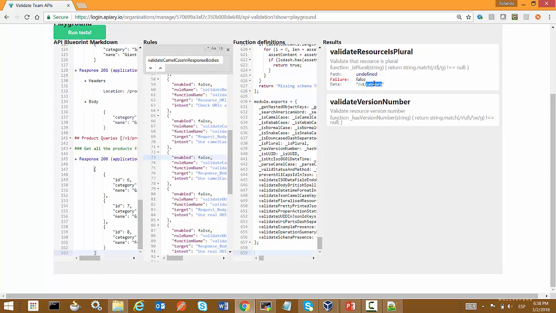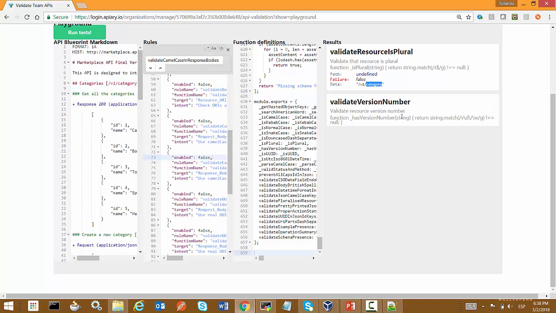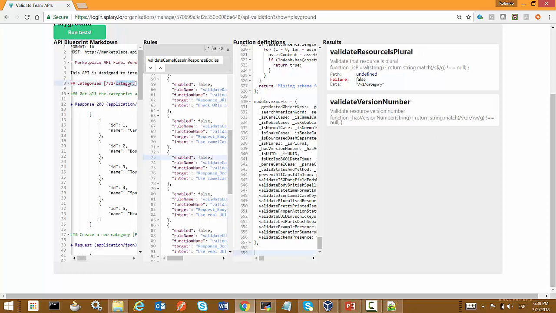So this resource name category is not in plural. I need to define this in plural because it's a best practice. What the result is saying is that my category URI is not in plural. So I'm going to change this name from category to categories.